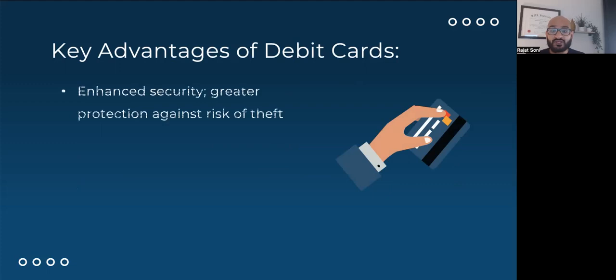One of the key advantages of debit cards is the enhanced security they offer. Let's say, for example, if you just had cash with you, you may be in trouble if you're just walking down the street. With a debit card, it's physically impossible to take money from you because it's linked to a bank account and you have to physically withdraw it by going into the bank.